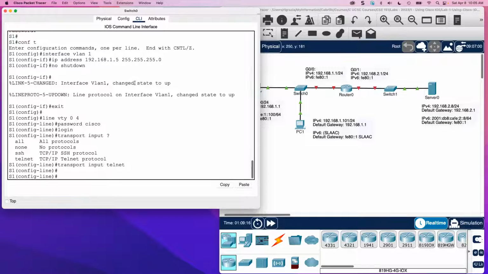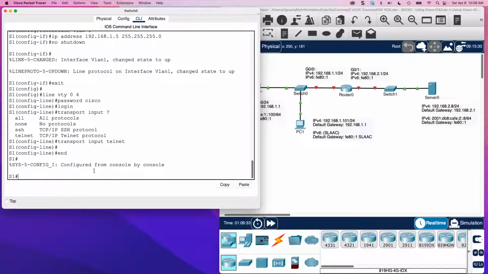All right. Now, notice I'm in this prompt, S1 config-line. If I do exit, like we did up here, it'll take me to global config. But I can actually use another command, end, to take me all the way back to what some people call the root prompt, all the way back there. Okay, so if I do show running config,